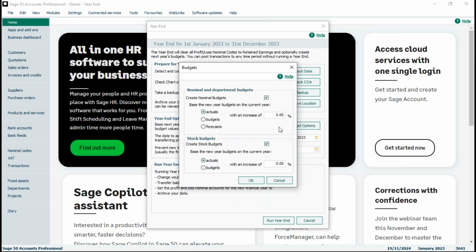tick the box. You'll get this window pop up. Now, it may be the same, it may be slightly different depending on the level of software you're using and also the budget options that you've got set within your software. Now, what this is doing for those of you that do use budgets is it's saying, right, for the new financial year, which in my case would be January 2024 to December 2024,